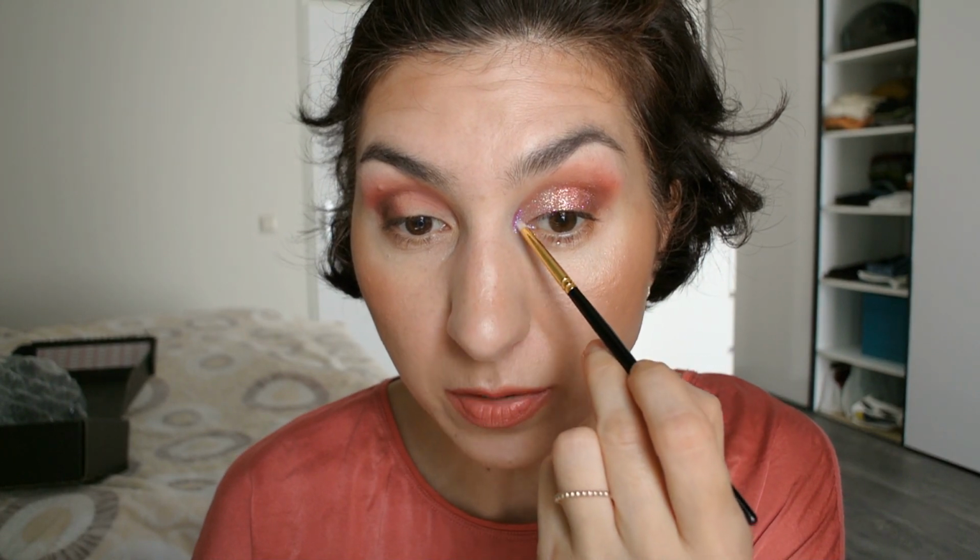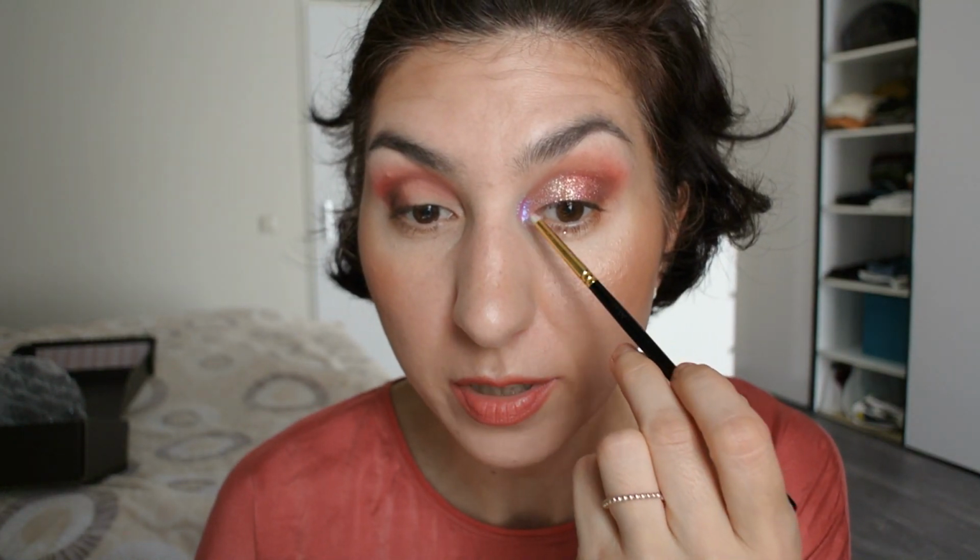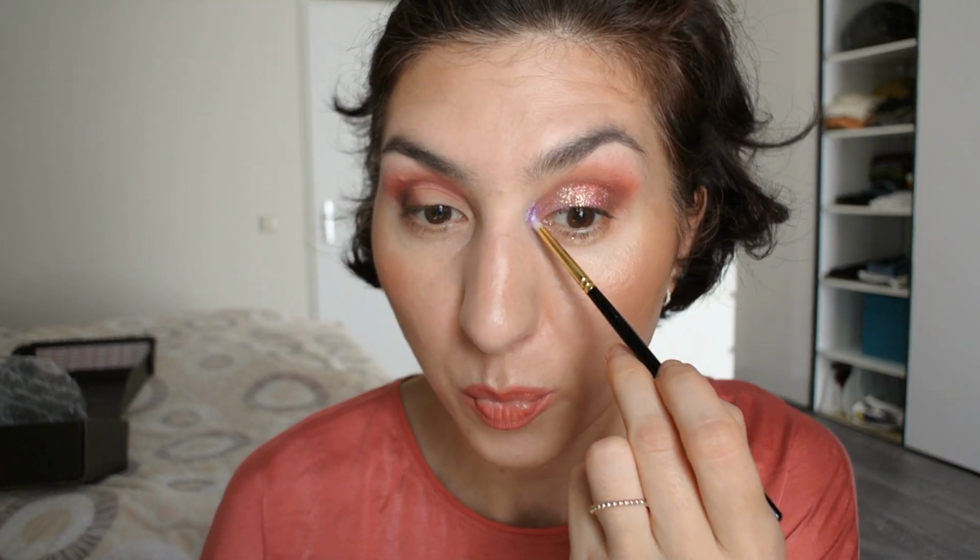Last but not least, I'm going to take a tiny brush like this and go into Astral Amethyst Moon, and I'm going to apply that here into the inner corner. It's a bit of a crazy look, and honestly it's mostly a look that I'm doing to test as many eyeshadows as I can, but okay, this is a party as well. It's so interesting. This is more of a magenta purple. The base of this shade is a very vibrant purple, and that blue, silver blue duochrome over top, it's just...